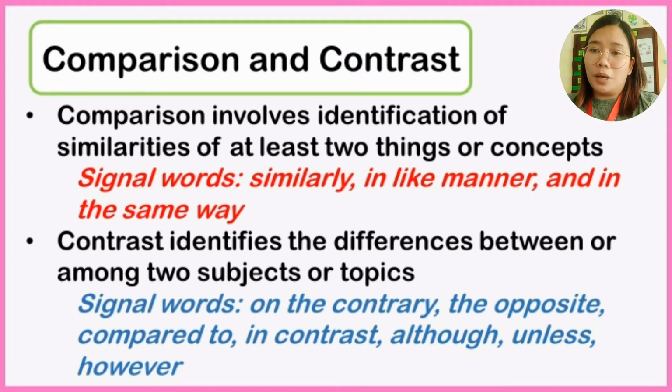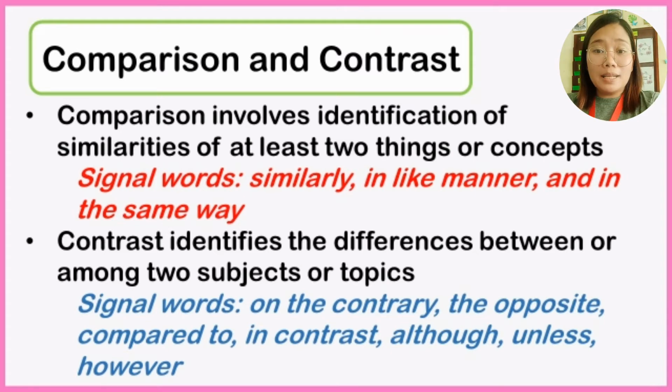We have the following. On the contrary, the opposite, compared to, in contrast, although, unless, however, at marami pa. So, yun yung mga salitang pwedeng mo gamitin kapag gagamitin mo itong comparison and contrast in writing a